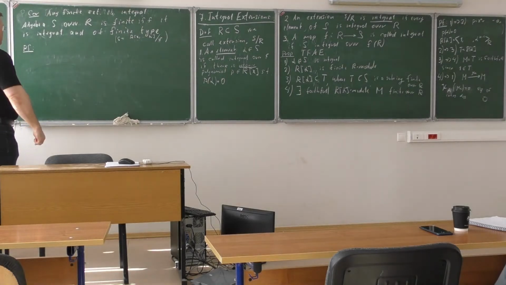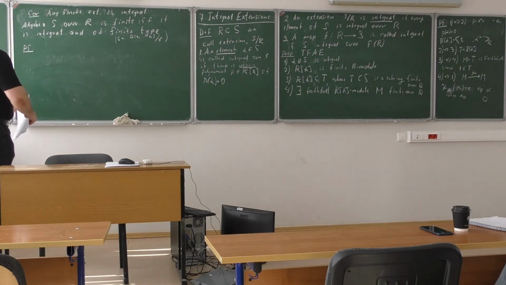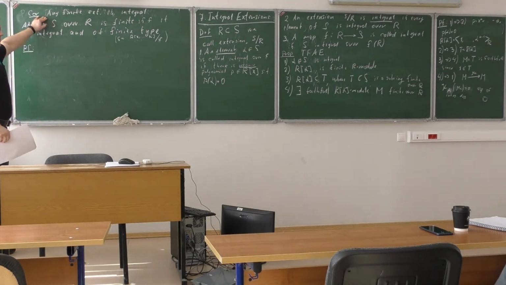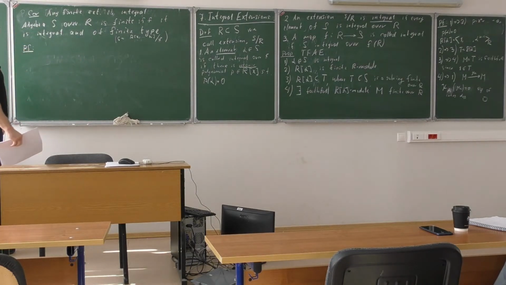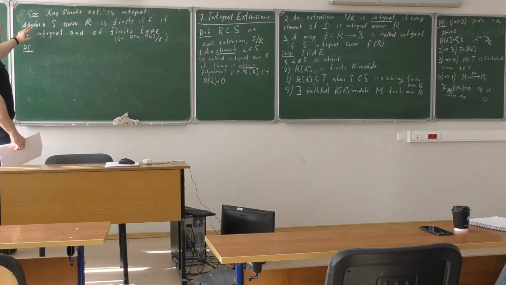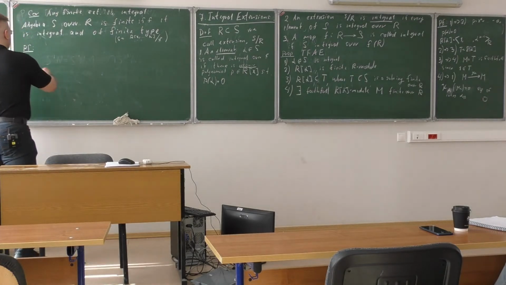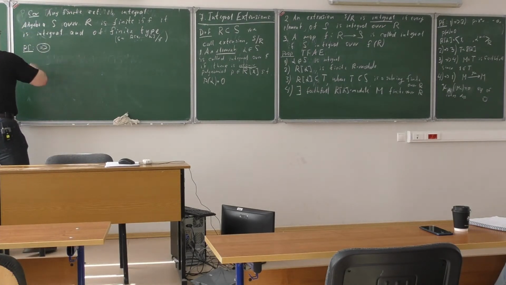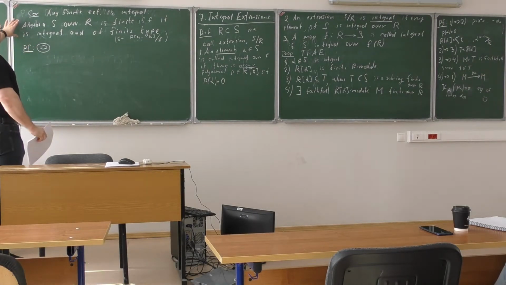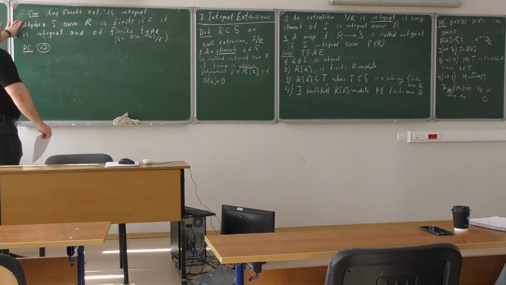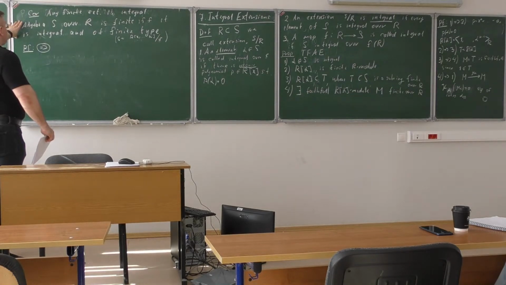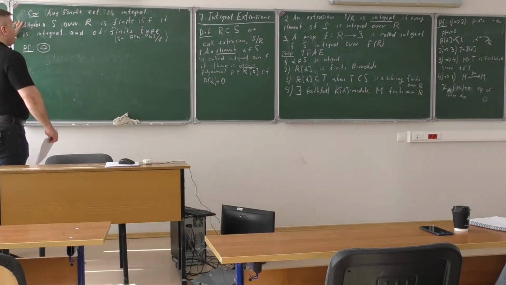Okay, so let's see what we really need to prove here. The first sentence we already know. This follows from part 3 of the previous proposition. Now, what else do we know? Let's go in one direction. I'm going to prove this second sentence. In this direction, what do I know? The algebra is finite, right?